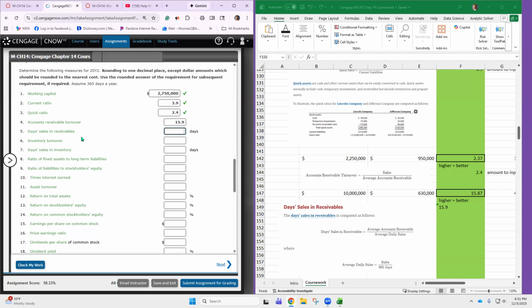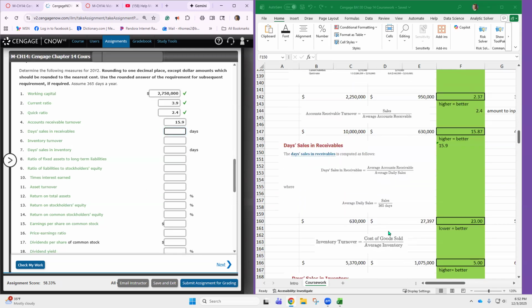If you don't understand it, it's okay. I'm going to divide by that number, 15.9. I got 22.95559. So hang on to that a minute. Now we're going to do what they say to do for the calculation for days sales. I hate that. Who says days? But anyway, we're going to take average accounts receivable, which we've already figured, and we're going to take sales and divide by